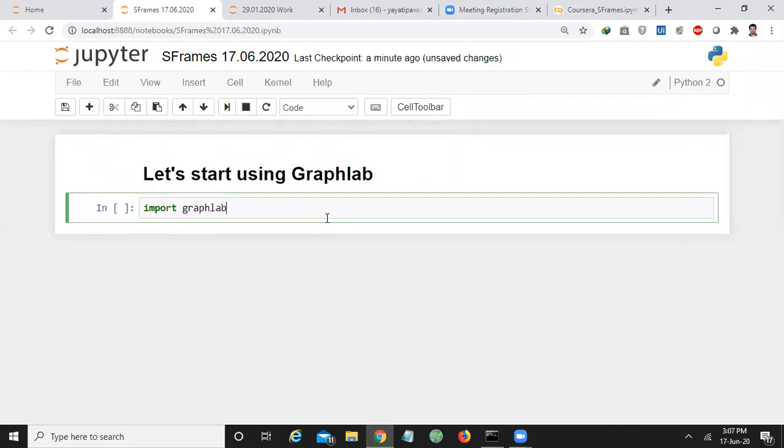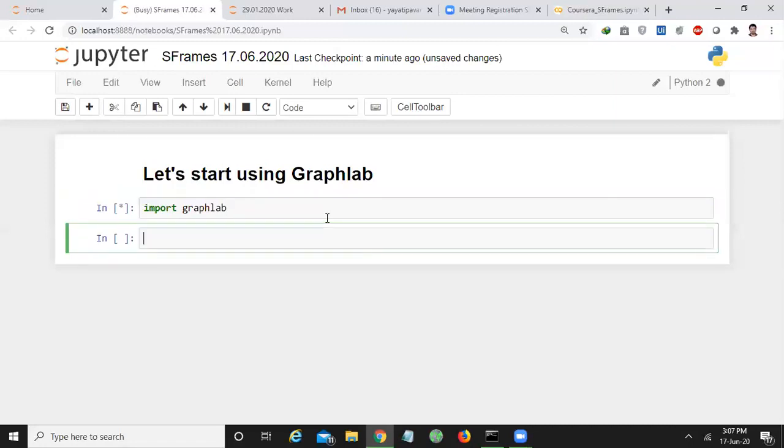Import GraphLab is the command. First time it will take some time, later it will be fast. Whenever you execute the import GraphLab instruction first time in your notebook, it takes some time. Don't worry, from next time onwards it will work fast.